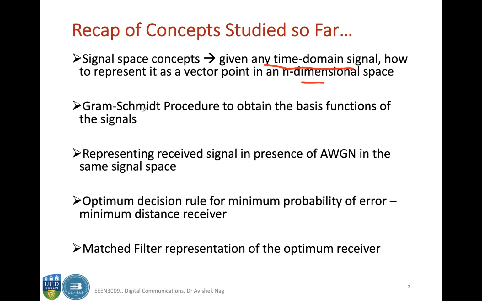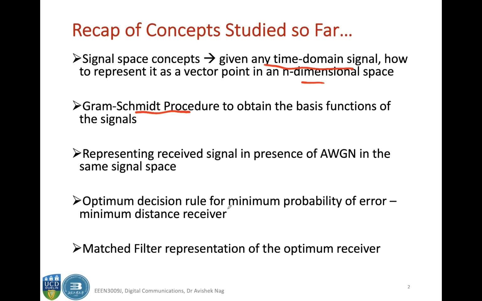We have learned about the Gram-Schmidt procedure to obtain the basis functions of the signals. We have learned how to represent the received signal in presence of AWGN in the same signal space, and then